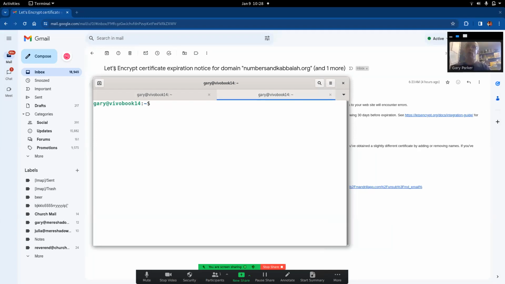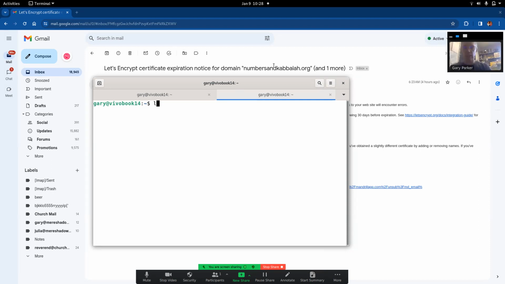I got a note from Let's Encrypt that my certificate for a website is going to expire soon, so I should renew that certificate. So in this case, we're going to look at SSL, we're going to look at a web server, and we're going to take a look at SSH. SSH is a secure shell, and I've got a weird username for this website, and I can never remember it. So